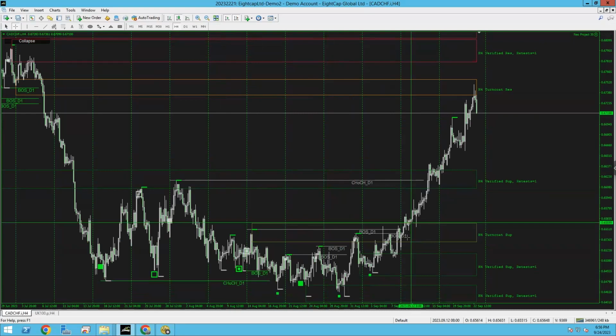Boom, you had it here, stop loss below this level. The turncoat, you can see now it says turncoat, not verified level because it's a turncoat. Price broke through, boom, entry, take profit would have been here, or there's another take profit that's up here that hasn't been hit just yet.